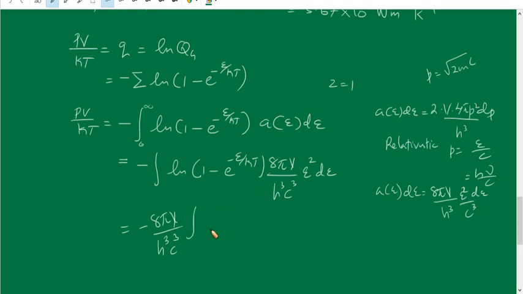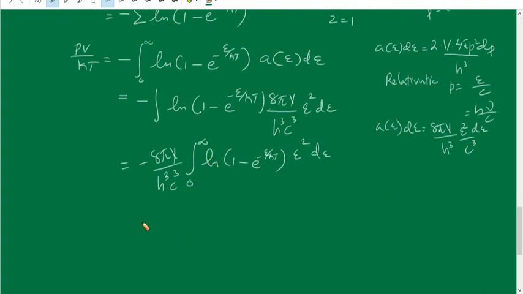Integrating this thing, log(1 − e^(−ε/kT)) ε² dε from 0 to infinity. This can be written by integrating by parts, that is 8πV divided by h³c³